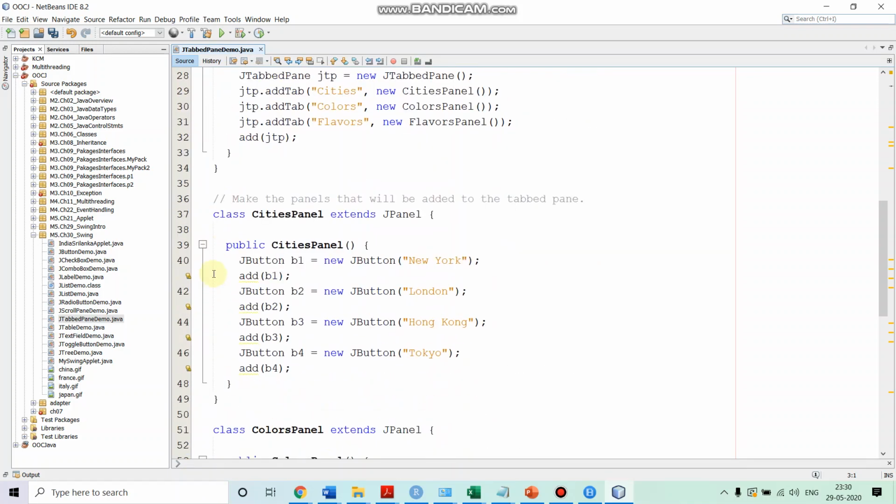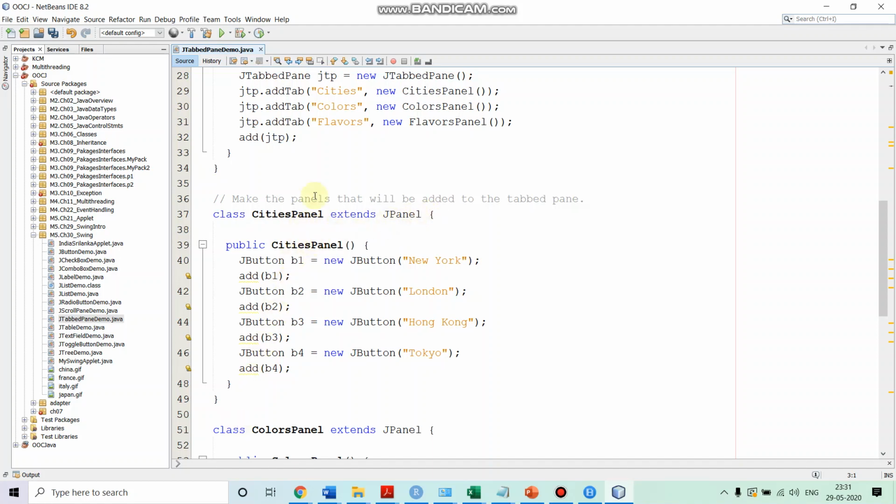And then we have basically 3 classes we have defined. They are the components which we will be adding into the tabs. Our first class is CitiesPanel. In the first tab we want to add the cities panel, which will have the 4 buttons with the names of 4 cities. So we are defining the class CitiesPanel, which extends JPanel.